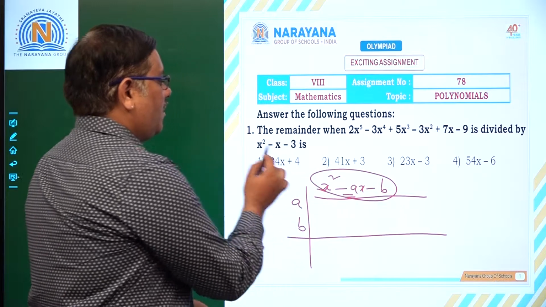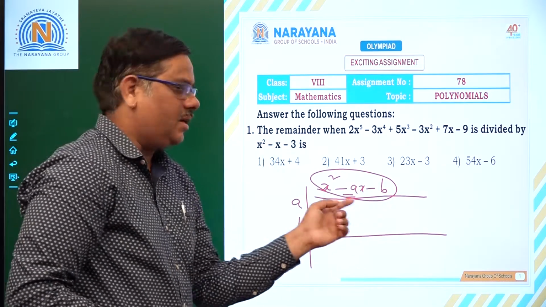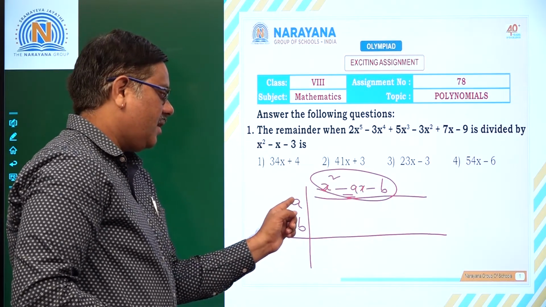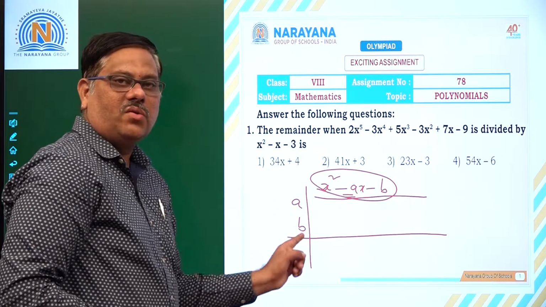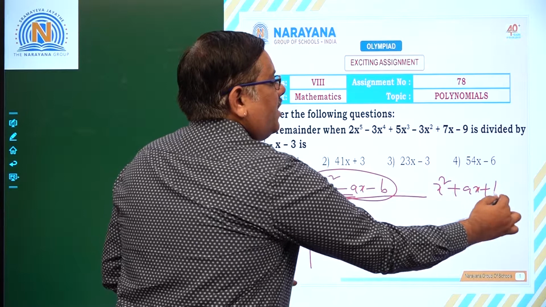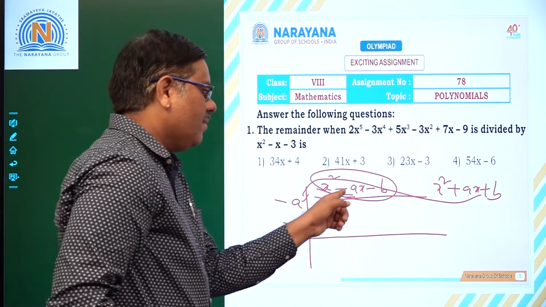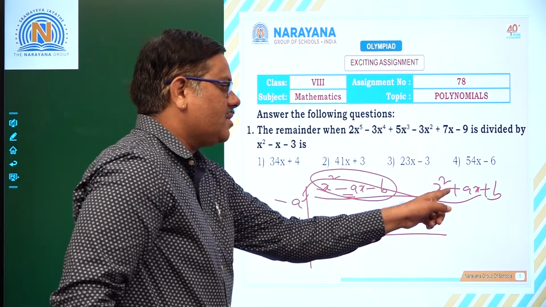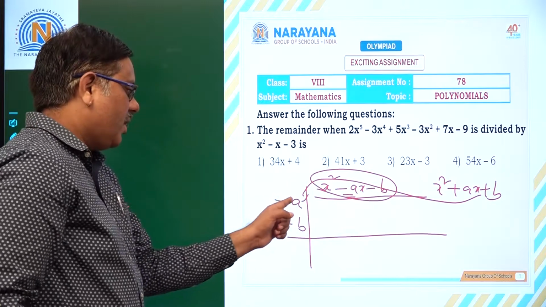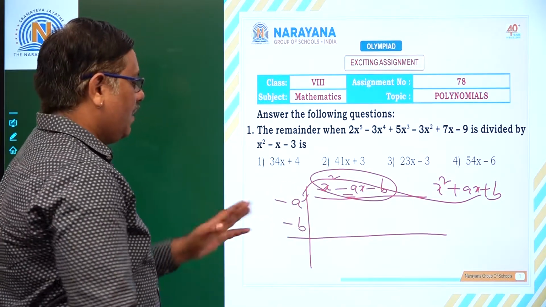You have the quadratic polynomial as a divisor in the form of x^2 minus ax minus b. You have to take x as a and b here. With that we have to solve. Suppose you have x^2 plus ax plus b, here you have to take minus a, minus b, because you have to attain the form minus ax. So it is x^2 minus of minus ax minus of minus b. Then you have to take minus a, minus b here. This is what you have to consider. Now let us start the process.